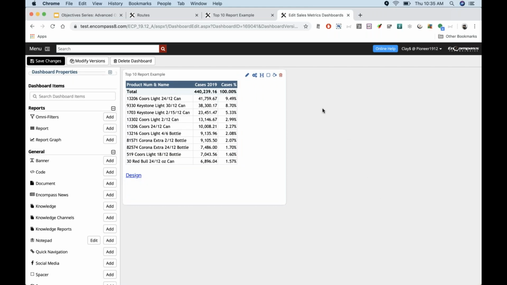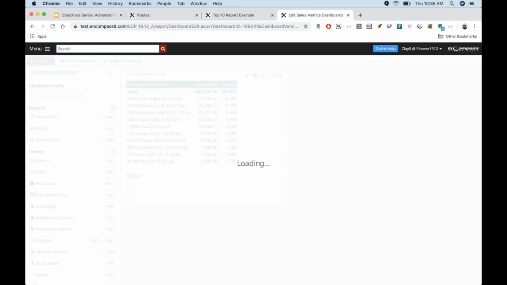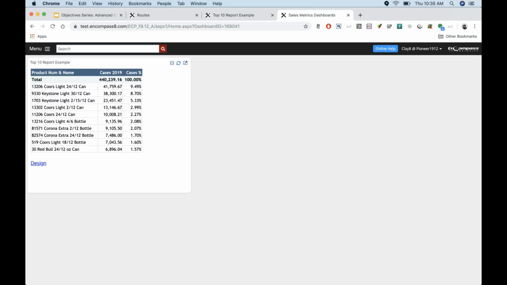All right, here's our dashboard, and save changes. All right, so all we've done up to this point is make a report. We put that report onto a dashboard, and theoretically, you could add a couple different reports on here, or graphs, whatever you need to.